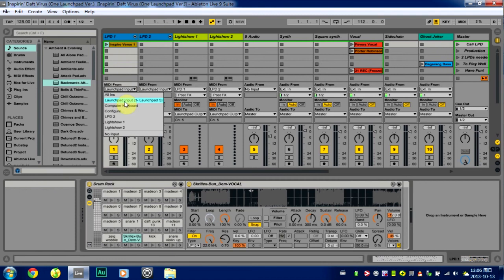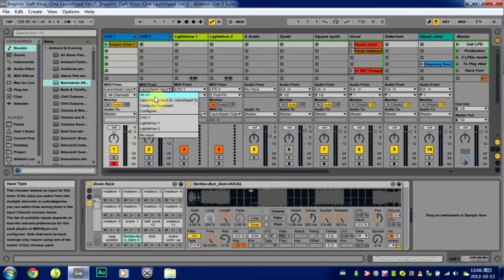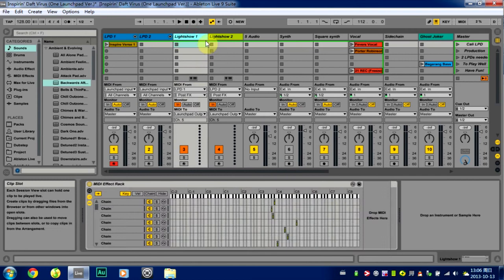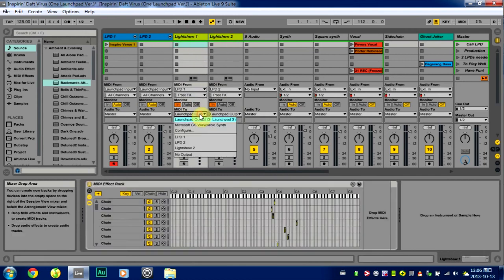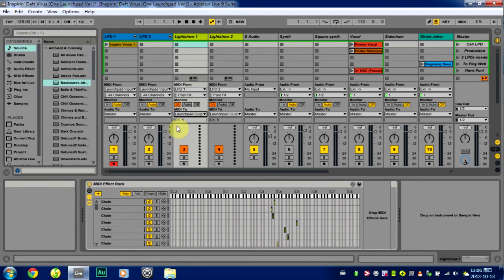You have to click on your own Launchpad input. For example, mine is this one, so you have to click on it, and click on it on the second track. Okay, so now the monitor is activated, and for the live show tracks, for MIDI 2, you have to make sure this is your own Launchpad 2, and for the Launchpad output, this is mine, so you have to click on it, and then the channel can be chosen. Right click on it,